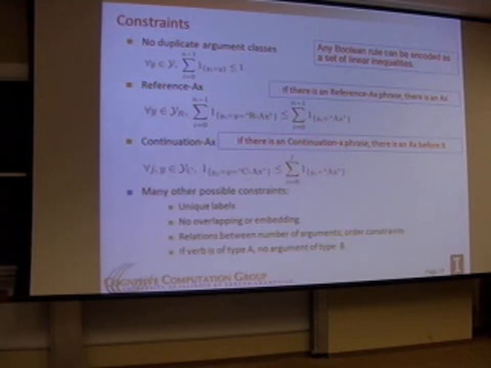And this allows us to encode many other possible constraints. For example, you can impose relations between the number of arguments. If I have a verb of this type, it cannot take more than 4 arguments. Or if I have a verb of this type, it cannot take arguments of this type, and so on. Even the difficulty of writing this as linear inequalities, this is a shameless plug to one of the tools that we've developed that is called Learning-Based Java, where we allow developers to encode constraints in a high-level language, kind of like first-order language, and the LBJ will compile it into linear inequalities automatically in a rather efficient way.